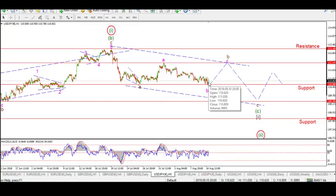I'm kind of leaning towards a possible flat correction now, maybe. So we should see that over probably Monday and Tuesday, we should see a rise, and it may well have begun actually this evening. You see in the aftermarket there we have this little spike higher. So we may have wave C begun, and we'll track that over the next couple of days, and then we should see